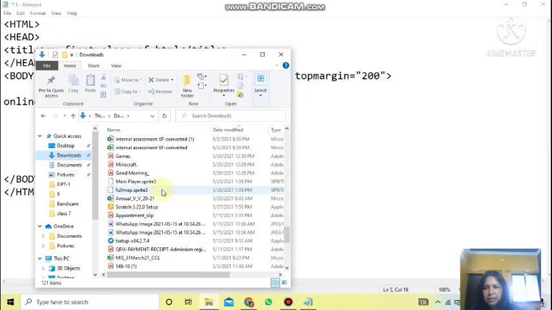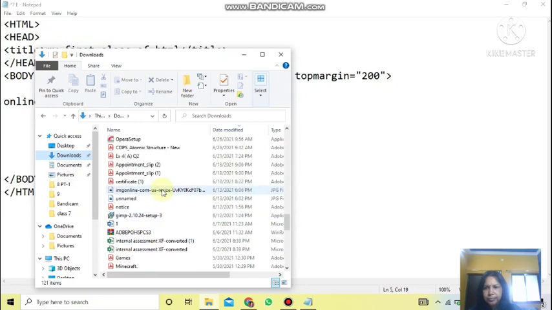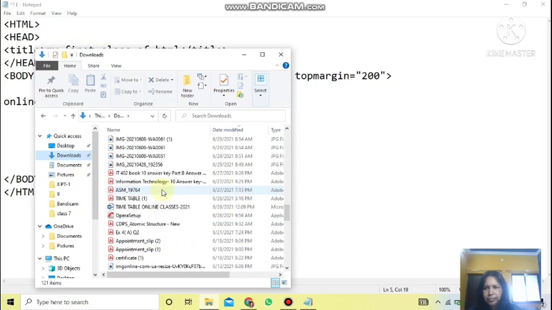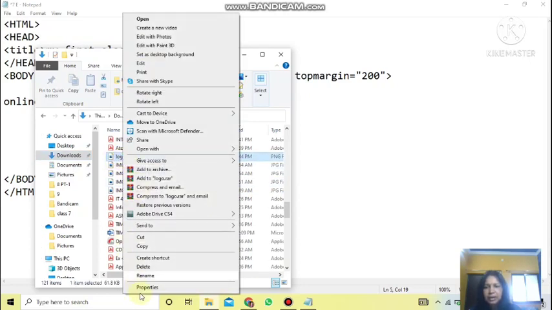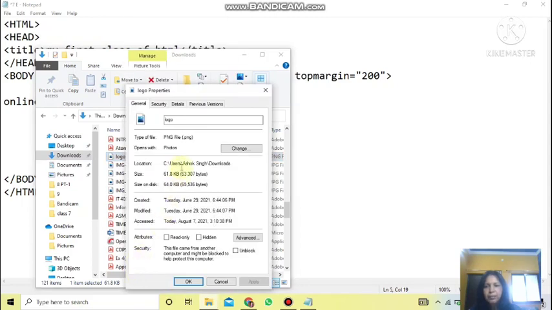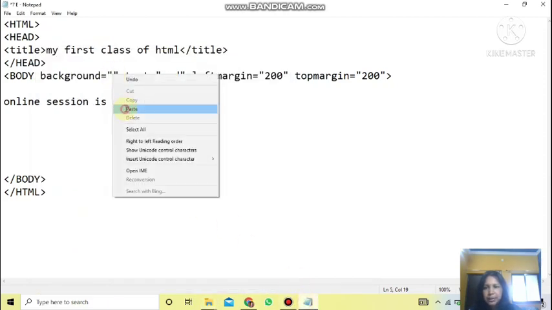Any image can be used as the background, suppose this one. So for finding the location, you will right click on this file, then go to properties, and from there you will copy the location of the file. This is the location of the file. Right click, copy. Now go to your notepad, and there within double quotation marks you will paste it.